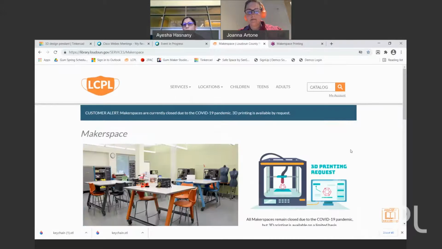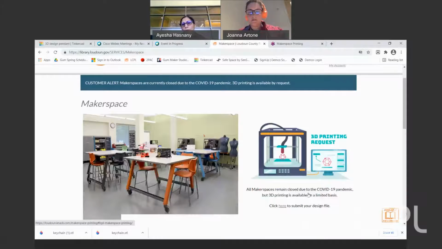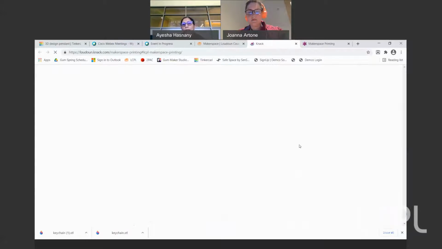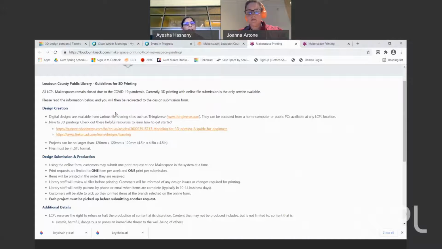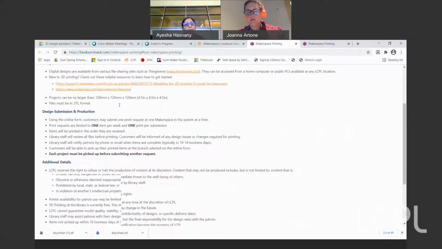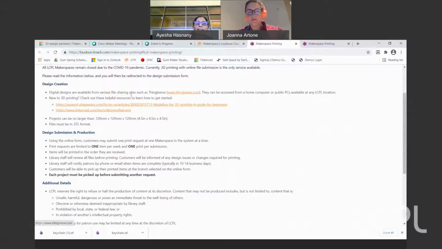And as you go into the Makerspace page, you cannot miss this 3D printer. So it says 3D printing request. You can click on the 3D printer or you can click here to submit your design file. You will click on this. You will read the guidelines for 3D printing, follow all the instructions. It also has some tips for design creation, like the TinkerCad website is there. There's a website called Thingiverse that people publish